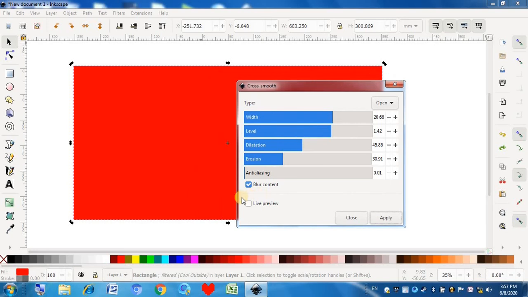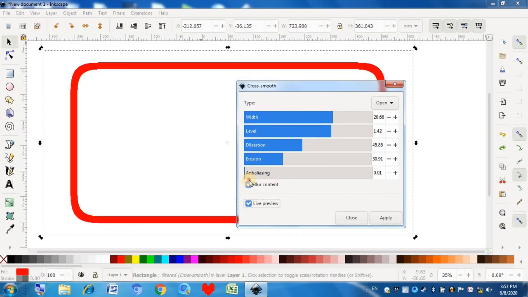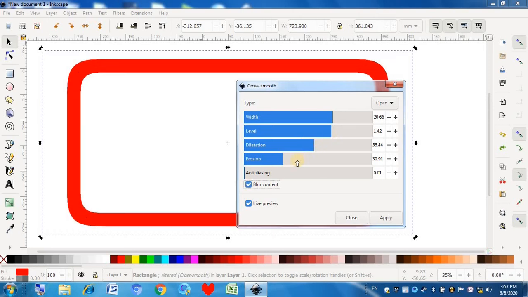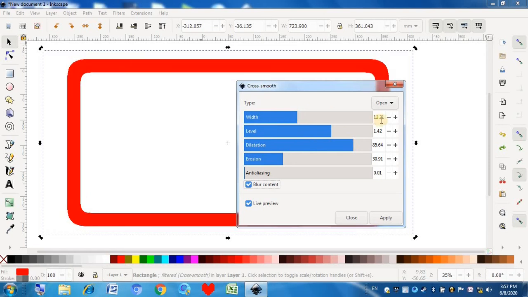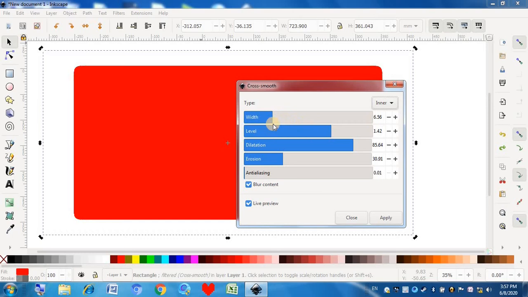So if we live preview, if I decrease blur, I will keep the blur content. Dilation, if you increase dilation, I have already selected the options, that's why. Okay, now inner.